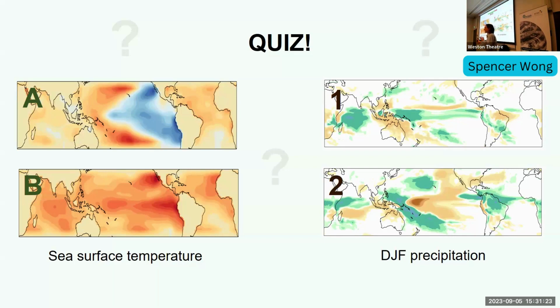But anyway, what we're trying to look at is how spatial patterns in long-term sea surface temperature trends affect things like precipitation. So on the left are the trends in the artificial sea surface temperature sets used in ACCESS-ESM1.5, and on the right are the resulting precipitation trends, which are quite different. So come by the poster for more details on those experiments.